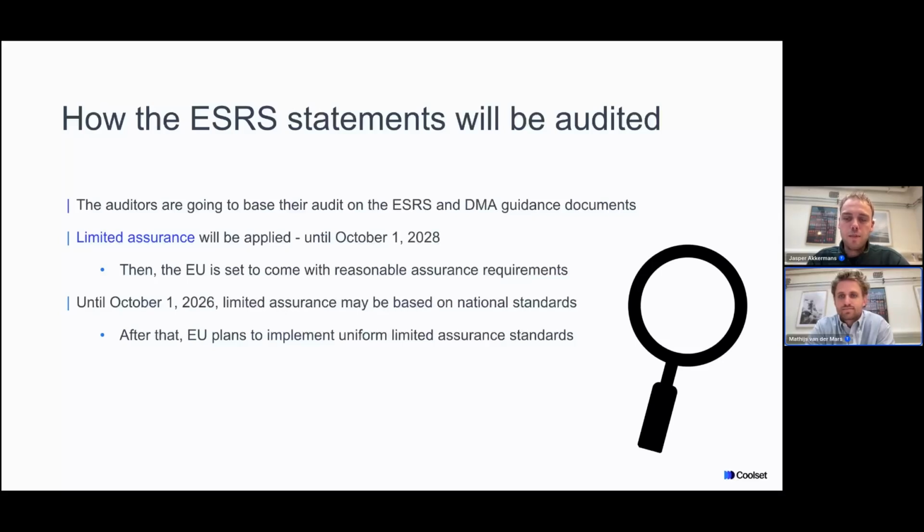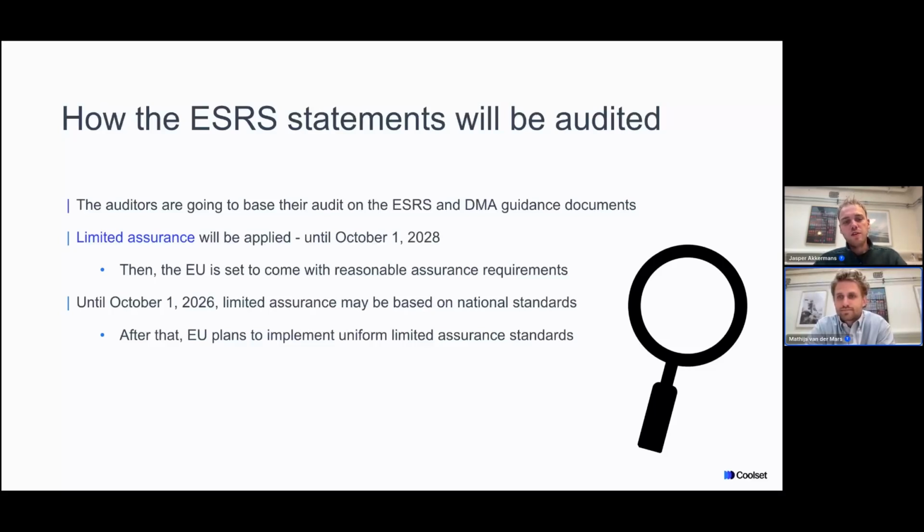And the limited assurance principle will be applied. Limited assurance means that an auditor looks at something and basically has to give a negative recommendation. So they have to say that they didn't find anything to be misreported, which is less strict than the reasonable assurance requirements, where an auditor gives a positive recommendation and says, well, we've found that we're positive that there's no misinformation reported.